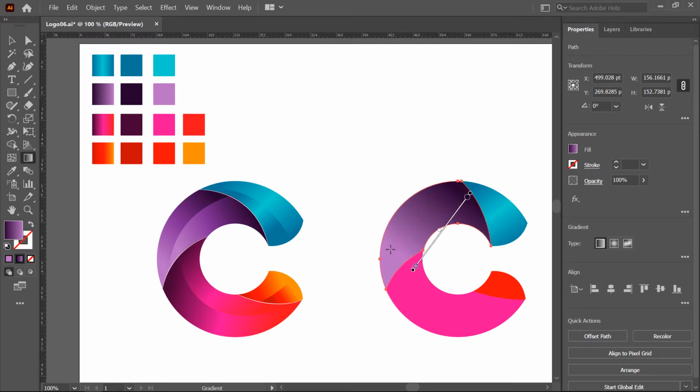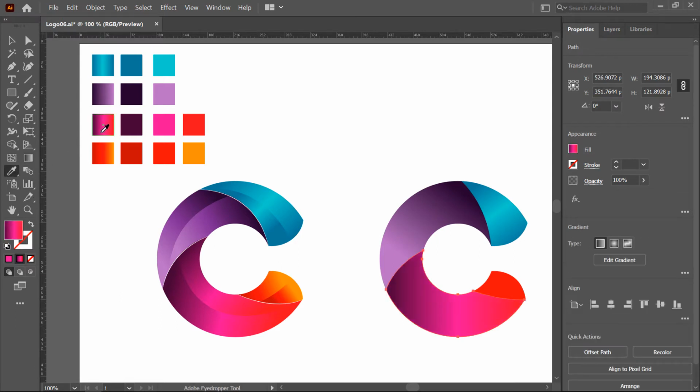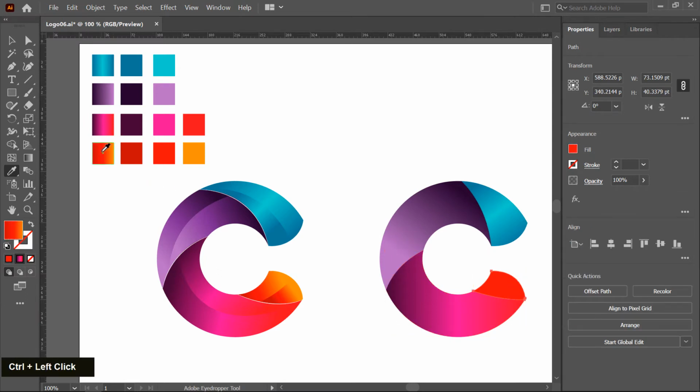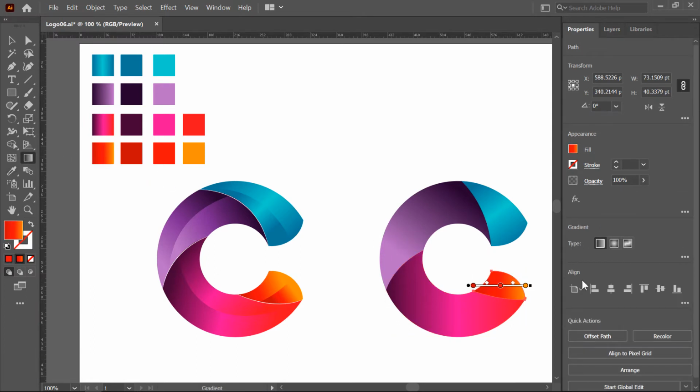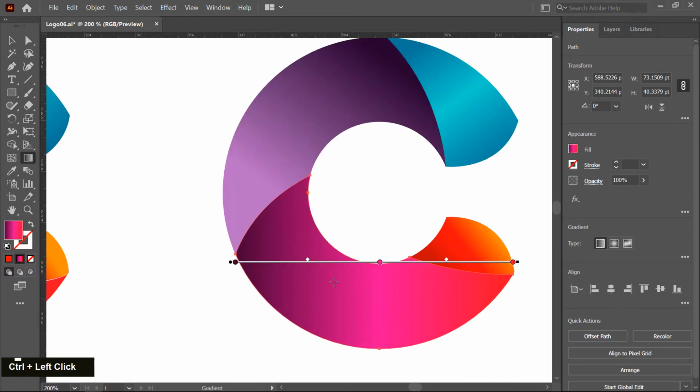Okay. Now I select this one, eyedropper tool, and pick this gradient. Same as I select this one. Okay. And if you want to modify this gradient, just select and change.